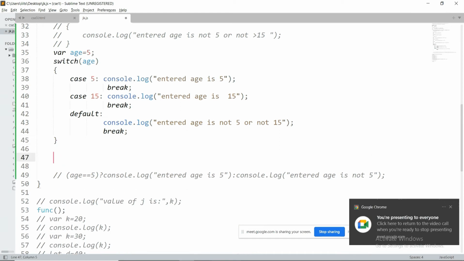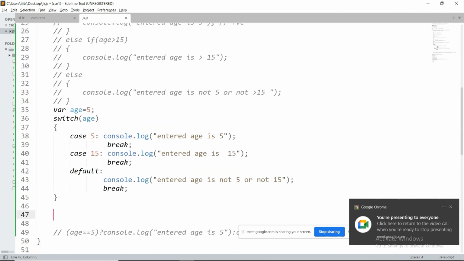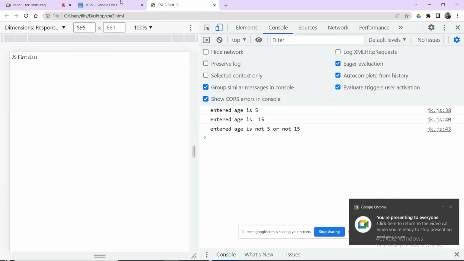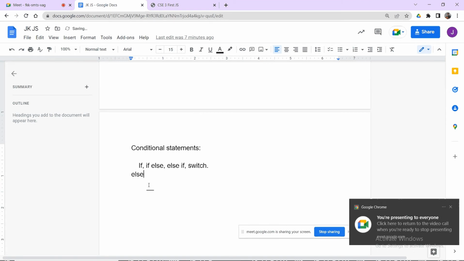Now tell me, what is the difference between this else if block as well as the switch statement? I think you have studied Java and C language, right? What is the difference between else if and switch statement? At least one difference. In else if, it can allow different types of conditions. Those conditions can be anything. Whereas in switch, it can allow only one type of condition. It will be related to only one data.